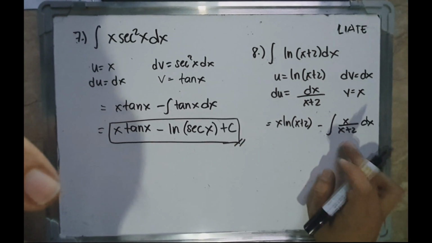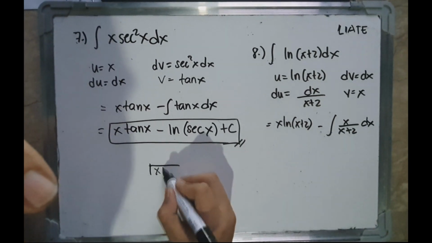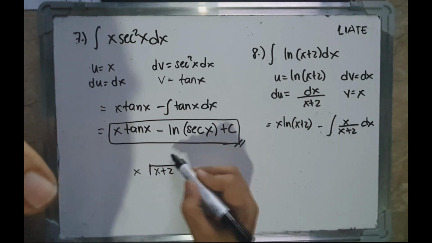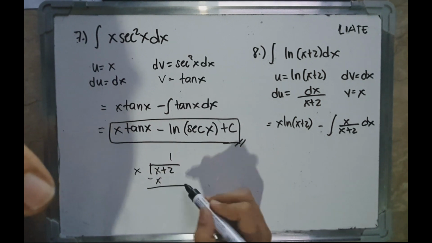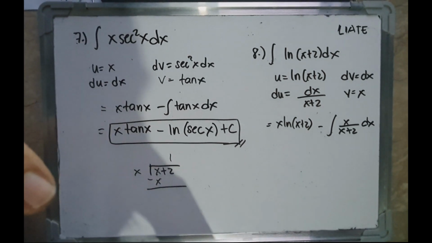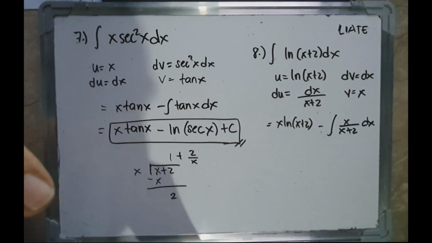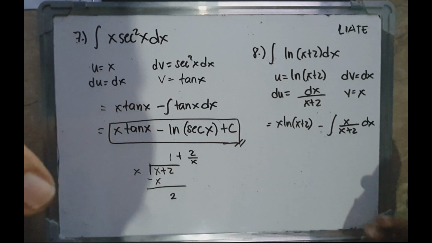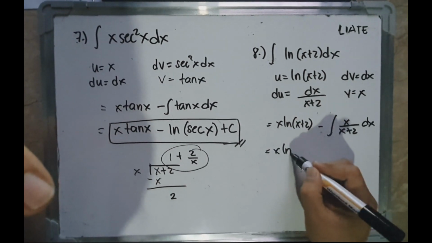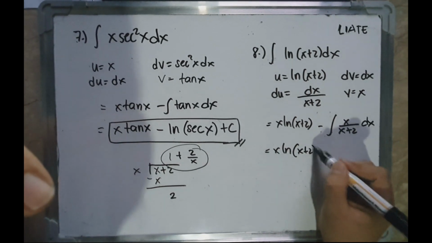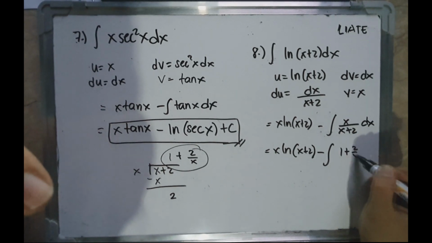Okay, we will be dividing this one. Long method: x plus 2 divided with x, we have 1. x, subtract, I have 2 plus 2 over x. Okay, so replacing this one with this one, x ln x plus 2 minus 1 plus 2 over x